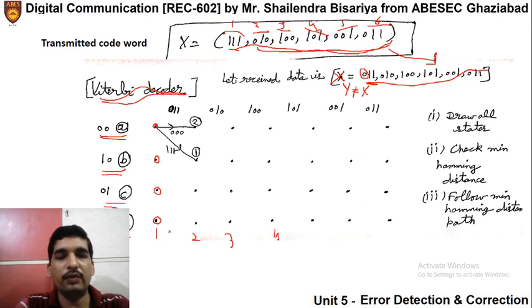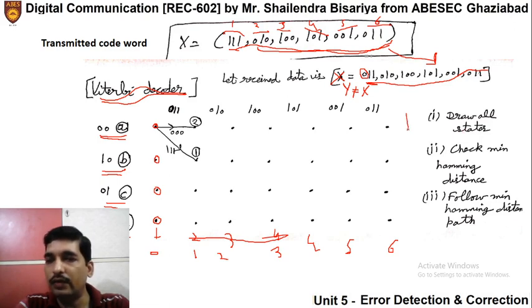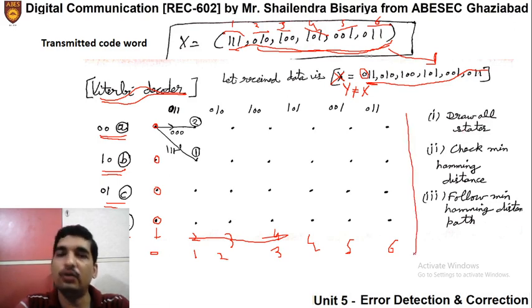I should write it from the next point. It is the initial zero, right? So I should say that this was the initial zero condition. It is the first step, the second step, the third step, the fourth step, the fifth step, and the sixth step. That means at the sixth step I will get the last bits. So we need not proceed further after this point. Here we will get all the output digits. So here at each state we will draw these dots.